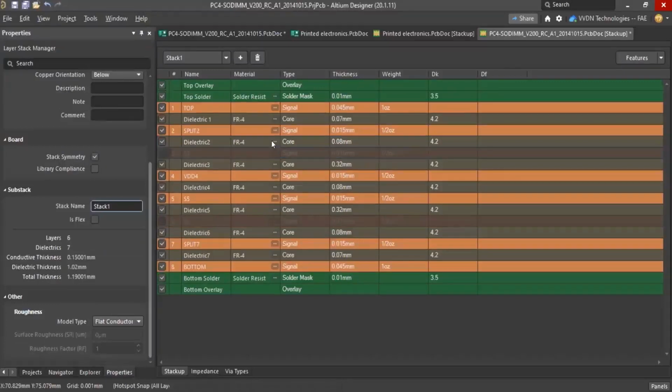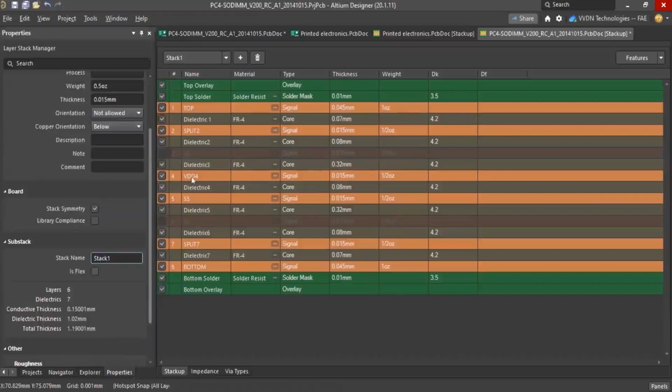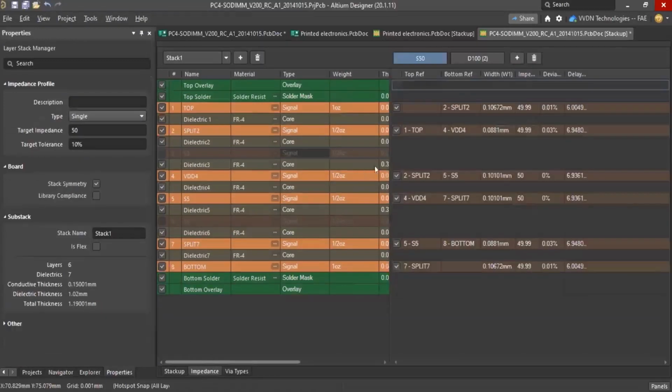A library component, that is for material. If you mention any wrong material definitions, it will compare with your material library, and if there is any error, it throws an error here. Okay, and this roughness is introduced in Altium 20. This is for very high speed signals. So we have to include the surface roughness also for the impedance calculations. So this is for impedance calculation, that's why it's disabled. Okay, we can define the stack up, and yeah, I'll just show that impedance.